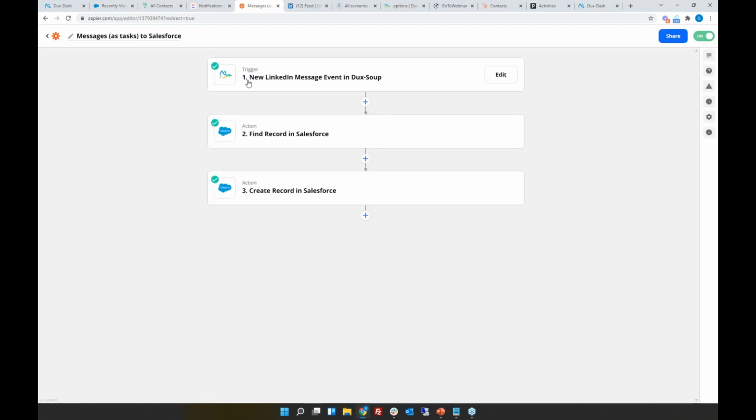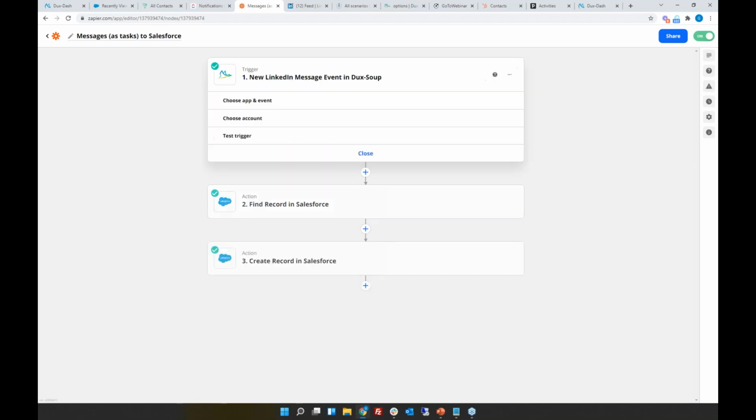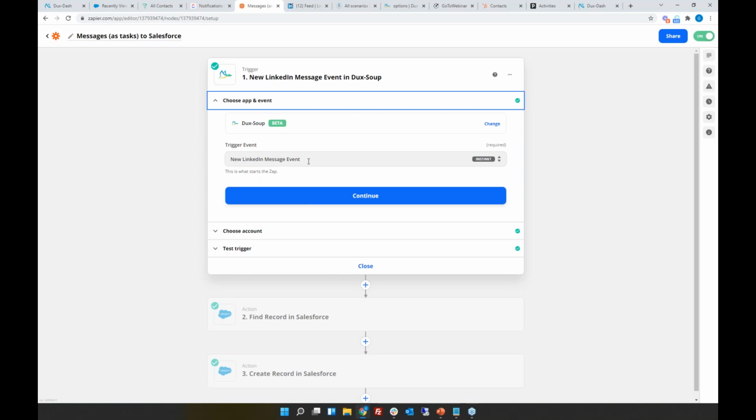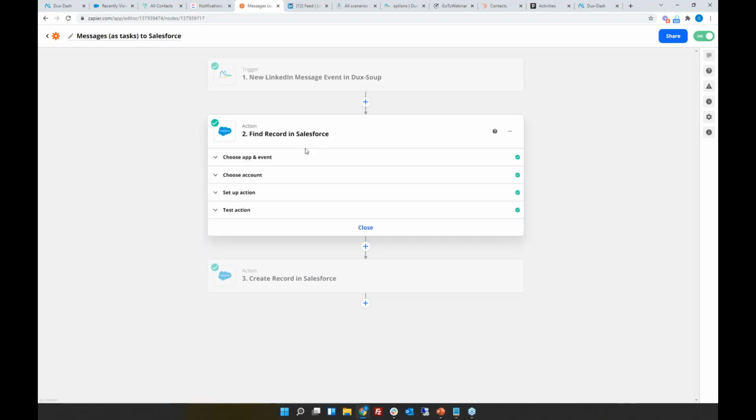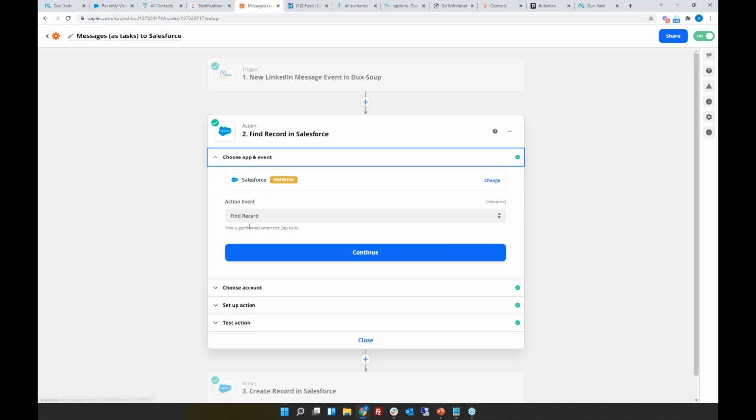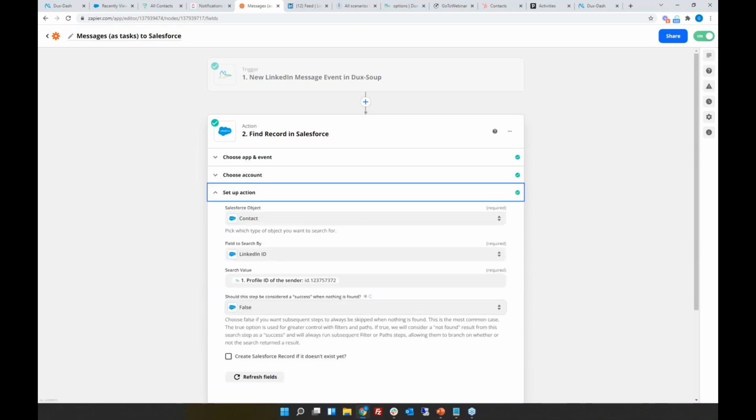So I'm using the Dux-Soup LinkedIn trigger here, the new LinkedIn message event in Dux-Soup. When you're looking at your triggers within LinkedIn, you choose your app. So I'm using the Dux-Soup and I'm looking at new LinkedIn message events. Sorry, I'll slow down a little bit. Of course, you then link your account and you test the trigger. What I've done then is I've done a lookup to find the record in Salesforce. So I then here again put my Salesforce credentials in here. I want to do a find action here, choose my event, my account, and then I set up the account,